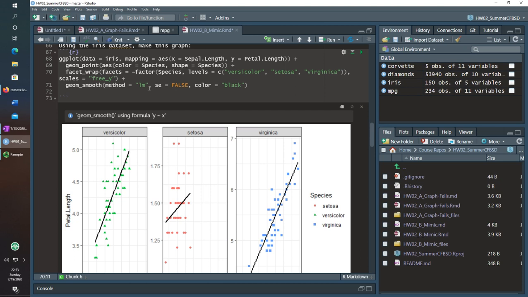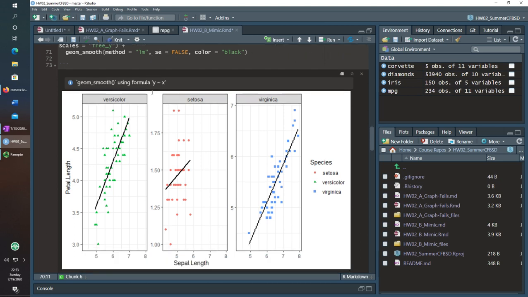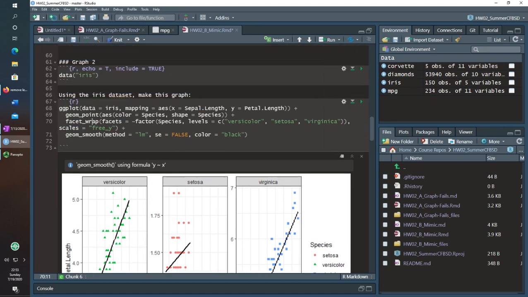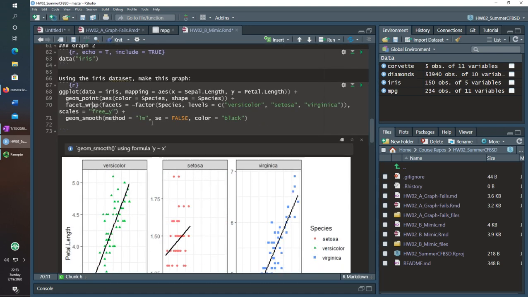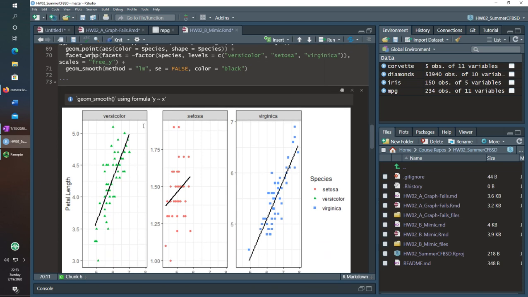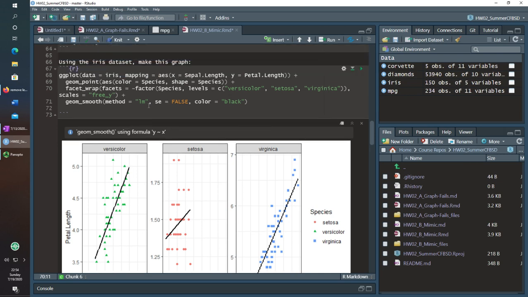So for example, there's a good example with the cars dataset. If I wanted to facet cars by both drive and number of cylinders, because there's only a certain number of values of each, you'd actually get a grid where there's the values plotted that are 2 cylinders and forward drive, and 2 cylinders and reverse drive would be in a separate grid. I should probably have just graphed it to show you an example, but if you're interested, I'm sure if you Google it, you'll find some good examples.